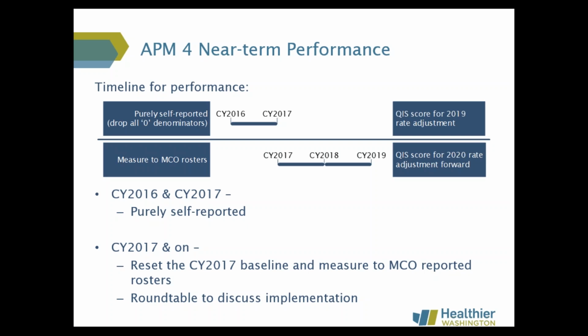We're looking at what clients you have as your assigned clients, and we'll drop those clients that you say are either not yours or you don't have any information on, to calculate what your score will be comparing 2017 to 2016 for your rate adjustment in 2019. But additionally, at that same time, we will reset your 2017 baseline to this new agreed upon standard looking towards